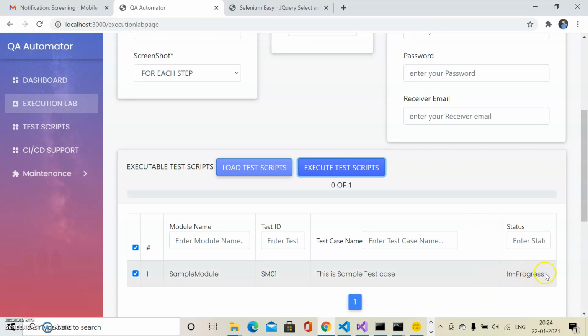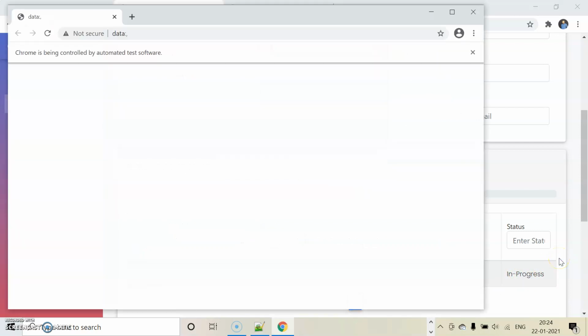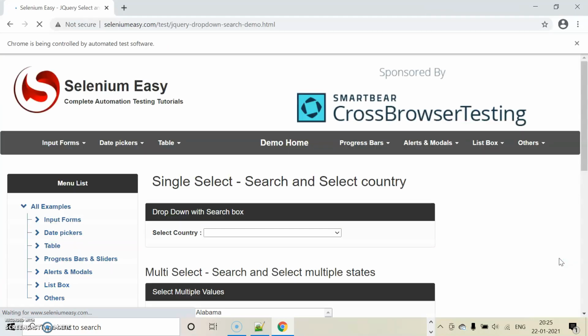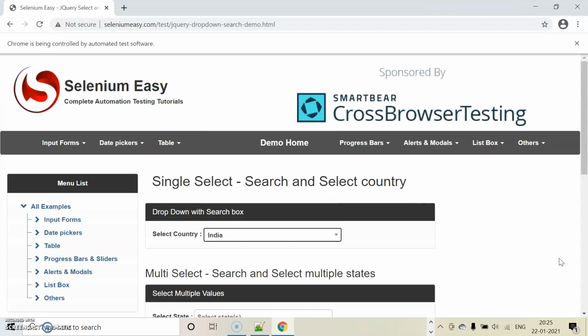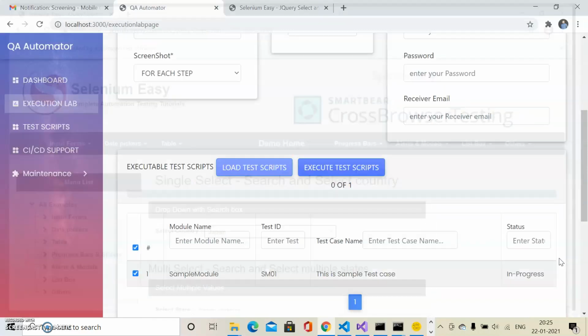Okay, now you can see that the status has changed to in progress. The test script should select India, and after that it should select Japan. Okay, so it's selecting India again and then Japan.